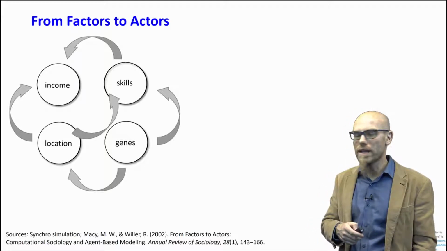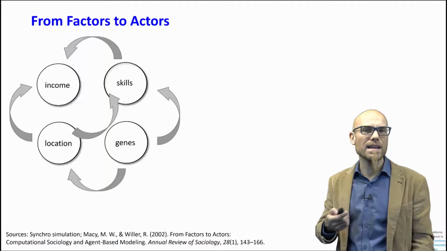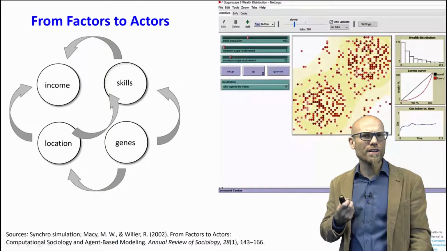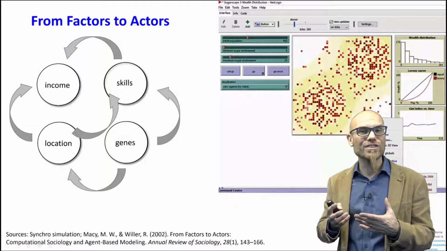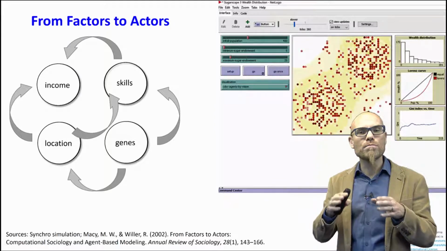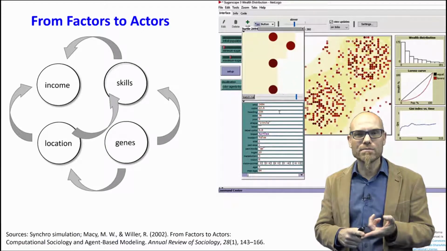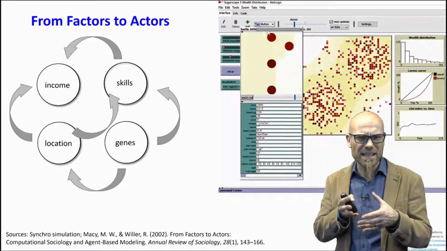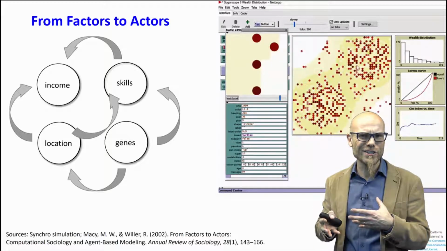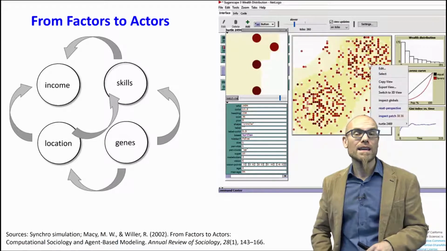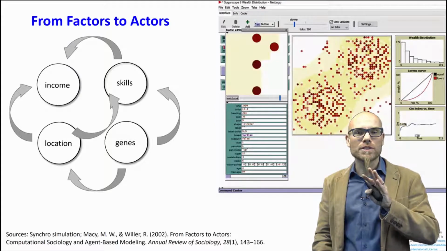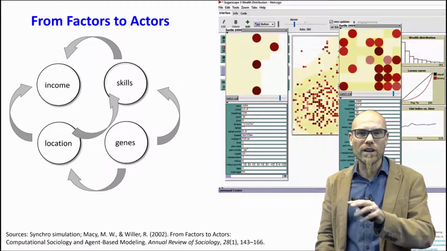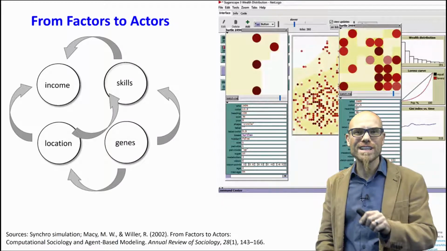Now, these variables are usually taken as averages. So your average location, your average skills. Now what we saw actually, we modeled agents, individual agents, with a distribution of metabolism, of vision, of location. We put everybody in a uniquely different location actually. And that makes a difference. It makes a difference if you say 20% rural and 80% urban, or if you put each one in a unique location.